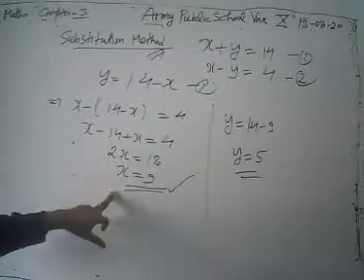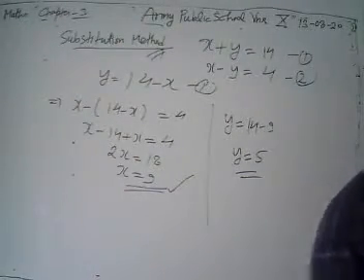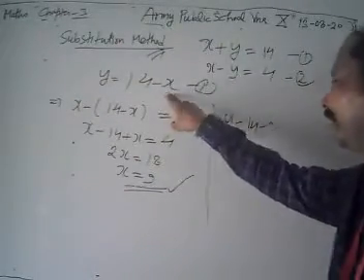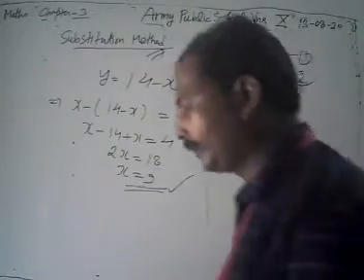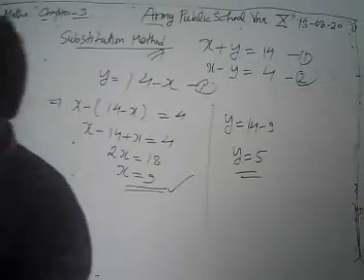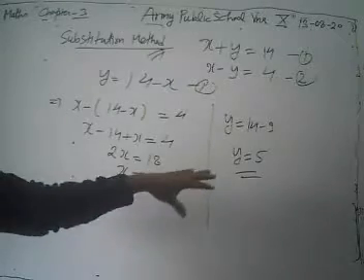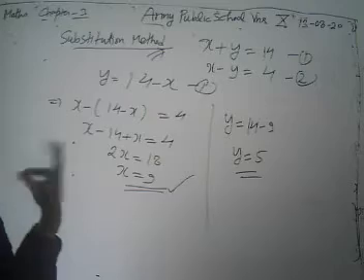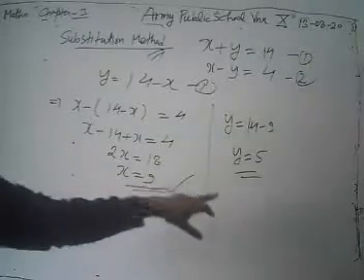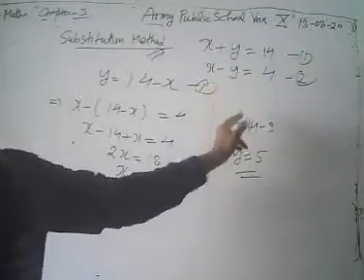Then we get the value of one variable. We get x equal to 9 here. After getting the value, we go back to the first step where we expressed one variable in terms of the other, put the value in, and get the value of the second variable. Then we get the values of both variables. Our solution is 9 and 5. You can also easily verify whether the values are correct by putting them in: 9 plus 5 is 14, 9 minus 5 is 4.